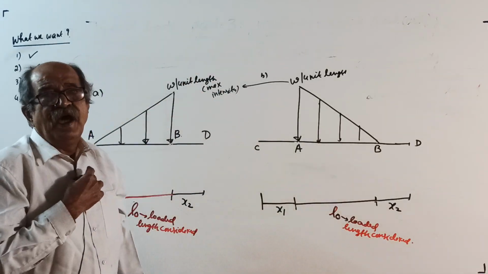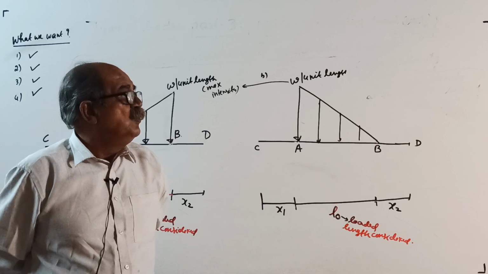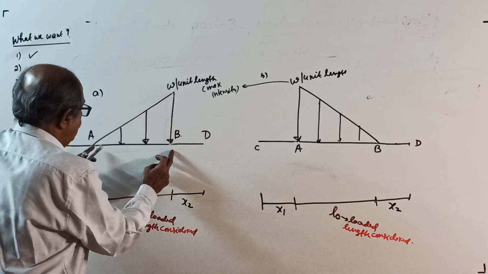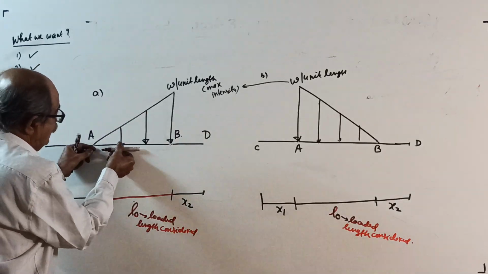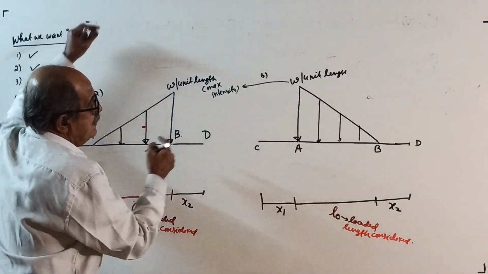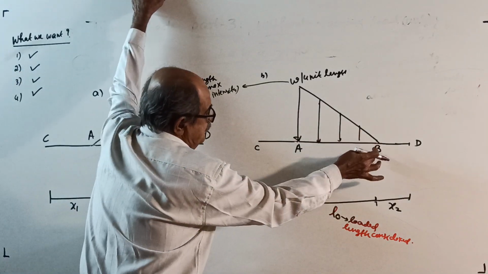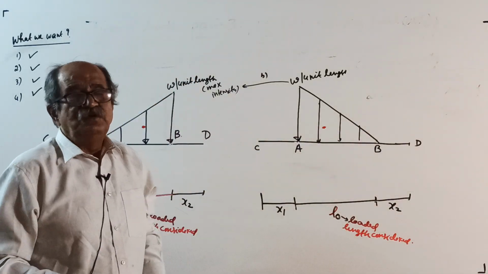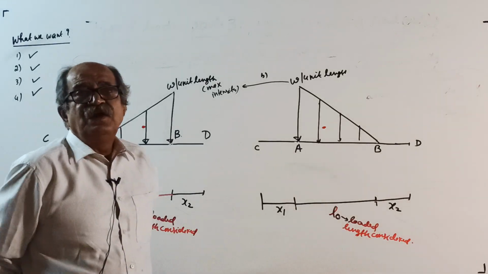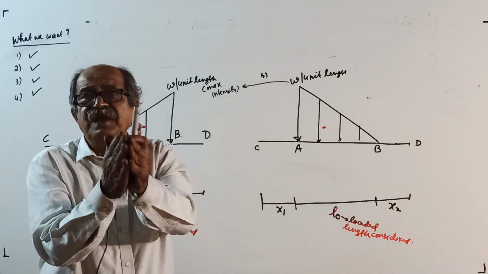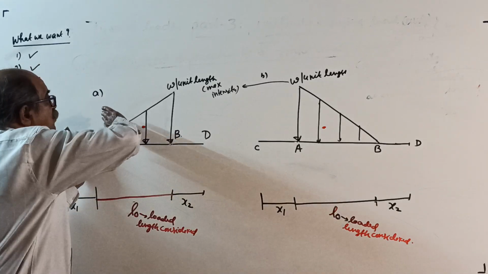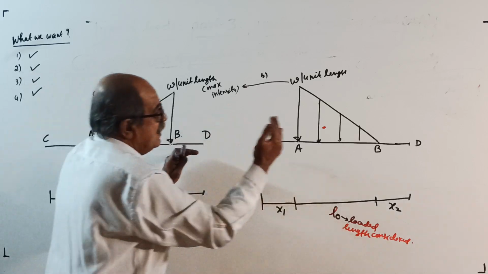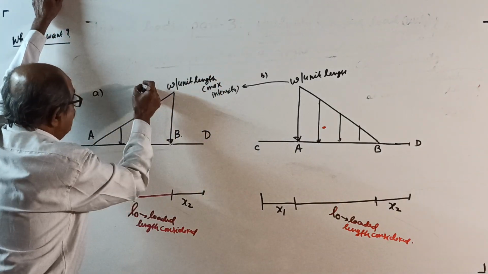I told you the line of action of the total load will pass through the centroid of the diagram representing the load. This is L0. So, the centroid will be somewhere here. This I told very clearly. So you write here centroid G. The centroid will be on that side where the area is more. See here, the area is more on that side, so the centroid will shift that side. From the center, it will shift that side. Through this point, see,